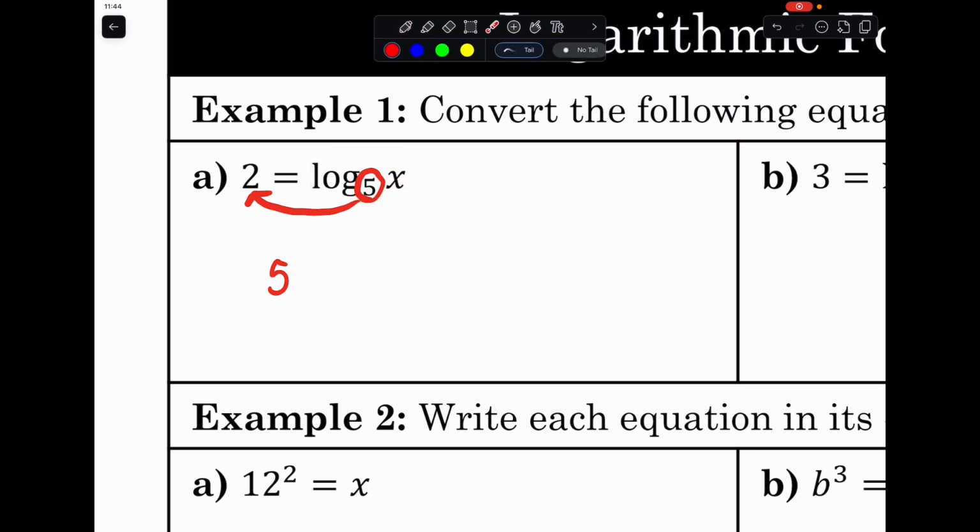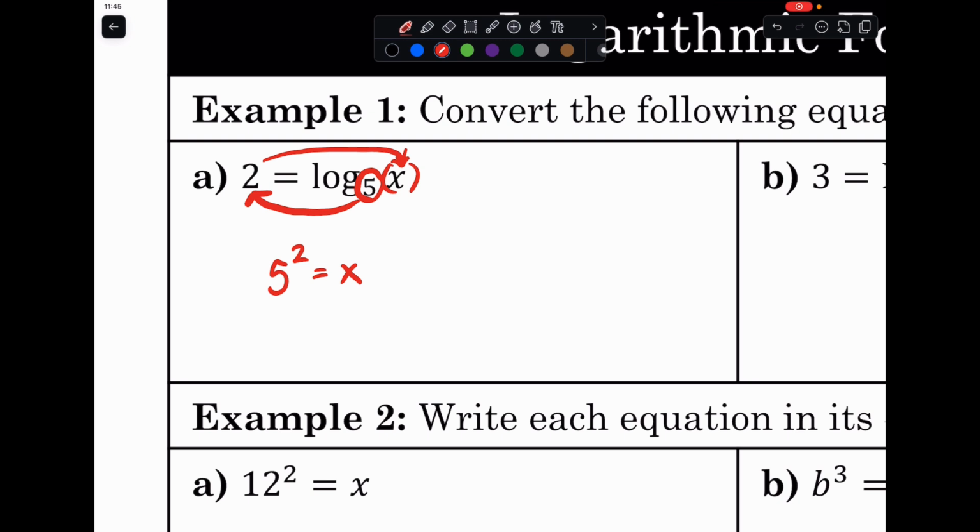So the exponent to this 5 is going to be the number 2. So it's 5 to the second power, and what it's going to equal is this value right here that is not in parentheses, normally it's in parentheses, the value of the log itself, which is x. So the equivalent form of log base 5 of x equals 2 is 5 to the 2nd power is equal